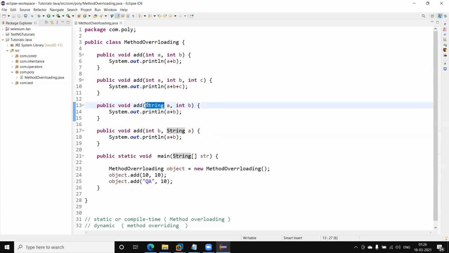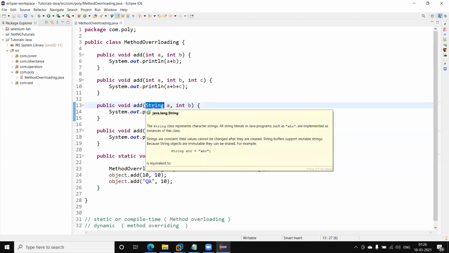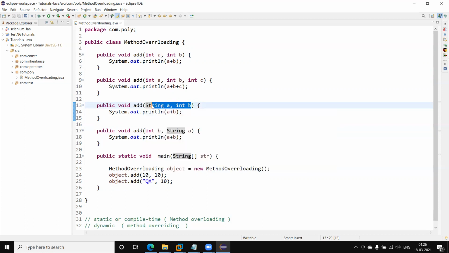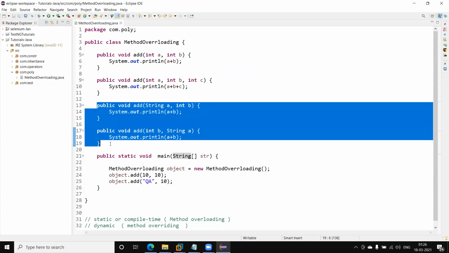Next, by changing the order of the arguments: this accepts an integer first, and that accepts a string first, so the number of arguments is the same but the order is different. In that case we can say the method is overloaded. So these are the conditions when a method is overloaded.